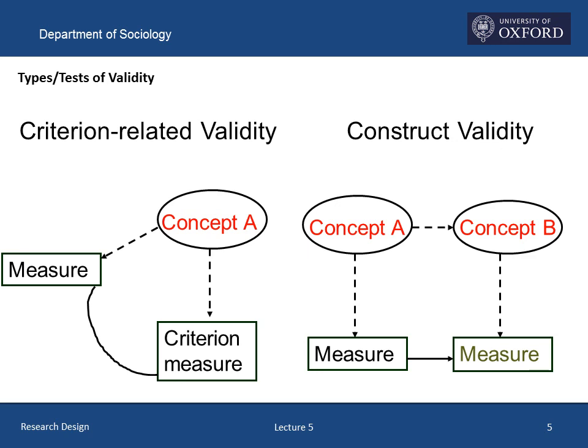Let's make things more concrete by giving concepts A and B names. Let's say that there's a well-established theory that leads us to expect the existence of a close and confiding relationship with a significant other protects people from serious depression. We have a well-tested and widely used measure of the symptoms of depression. We also have a newly proposed measure of the degree of closeness and confidingness of a relationship. We wish to know whether the latter is valid.